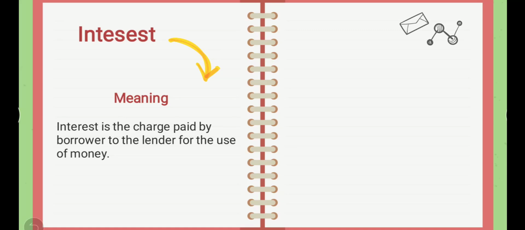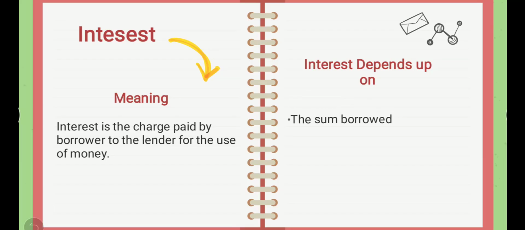When we deposit some amount in a bank, the bank can use this sum, and they will give us some charge which is called interest. So interest depends upon three factors. The first one is the sum borrowed. When we borrow some amount from the bank or finance agency or finance company,